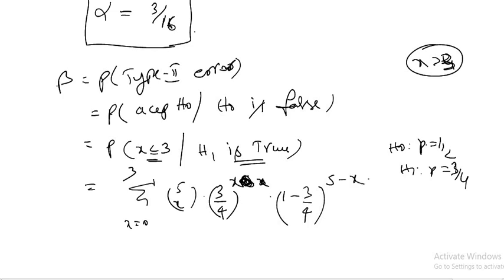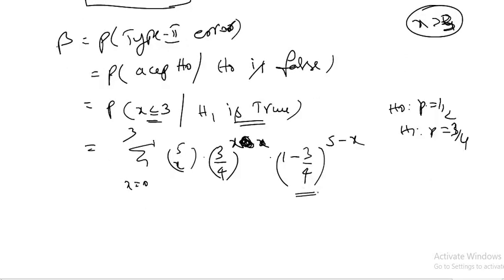This is NCx p^x q^(n minus x). Now substitute. What is 1 minus 3/4? It becomes 1/4. Right. Substitute: 5C0 (3/4)^0 (1/4)^(5 minus 0) plus